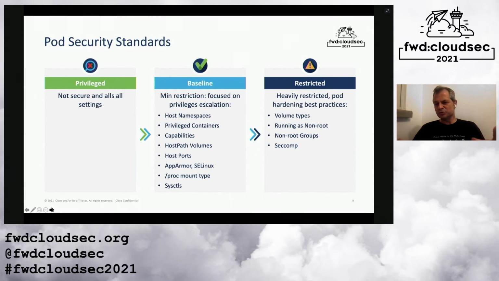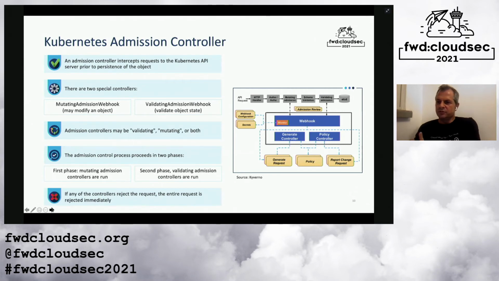And the restricted, which I think is maybe a better word, is also limiting the volume types which you can mount. So there are certain volumes that are completely out of scope, and it eliminates all the root capabilities, so you must run as non-root. You cannot use root groups, etc. So maybe the word is not great, but I think it's a great way forward to get a good security posture for Kubernetes. Now the admission controller, and this is, I think, the interesting part here. The admission controller is really a very powerful tool.